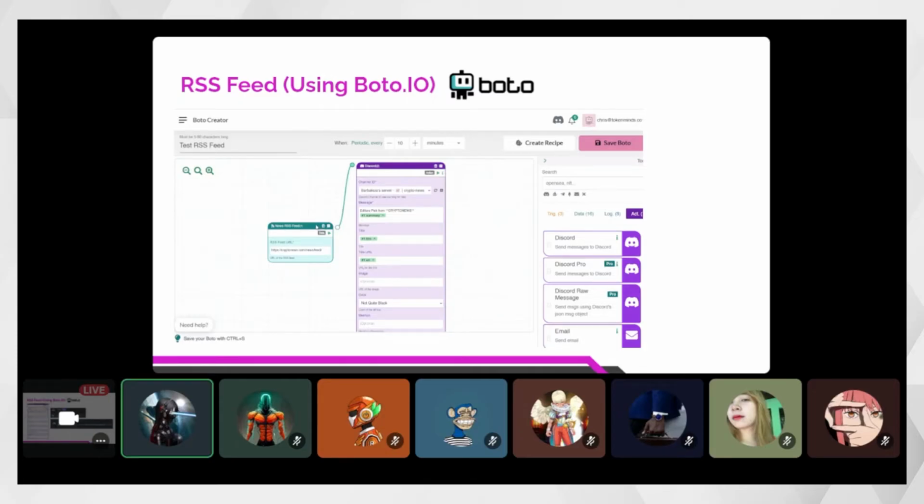And the box color of the Boto feed, you can also customize in this color. And then in mention, you can mention everyone every time there is a new feed coming in. It is optional and I don't suggest it because it will be kind of spammy to others.